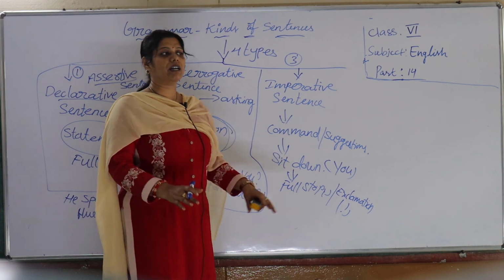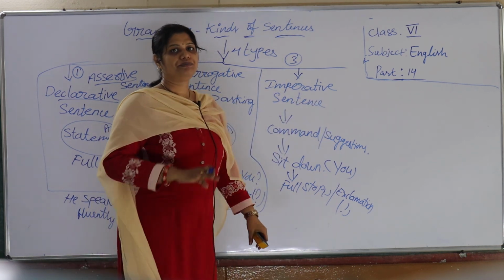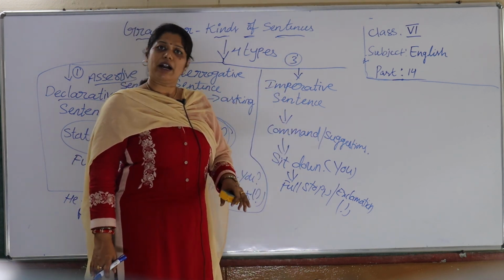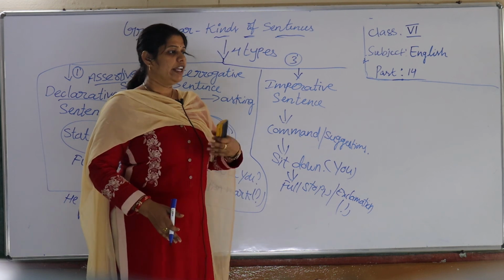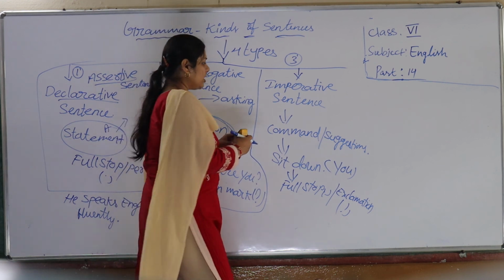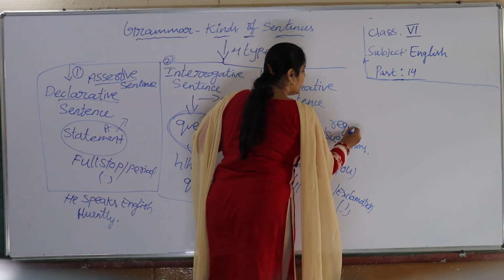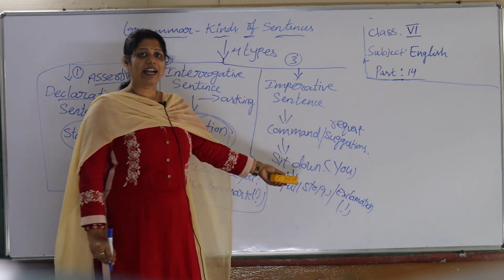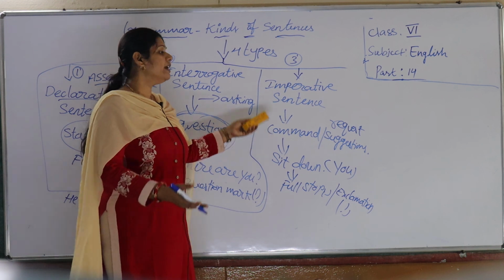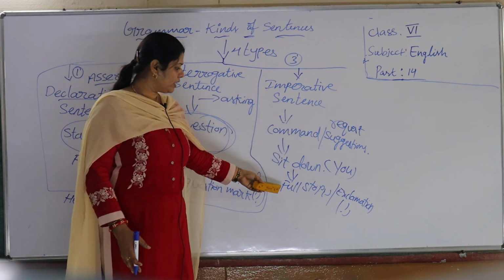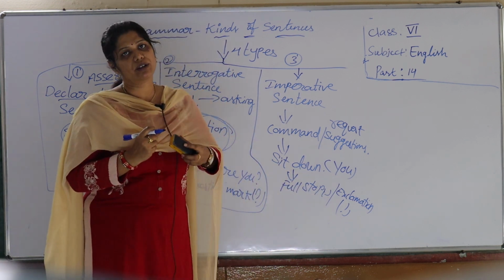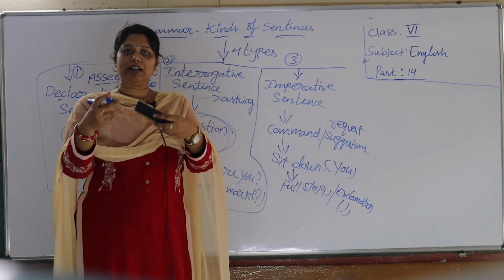Understand? So a command, close that door, please sit down, don't move, don't run fast in the corridor. Understand? Such kind of sentences where it is said to you, you can take it as a command or as a request or suggestion. You can say even a request. So this kind of sentences comes under imperative sentence. So what is an imperative sentence? Nothing but command or request, where it ends with a full stop or very rarely with an exclamation mark, children. We'll continue the fourth type of sentence in our next video.